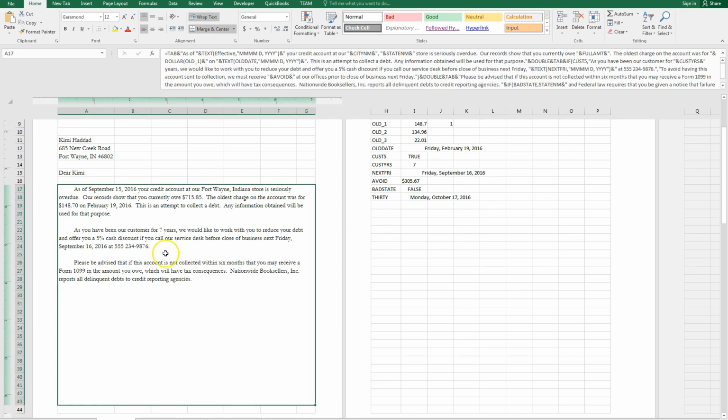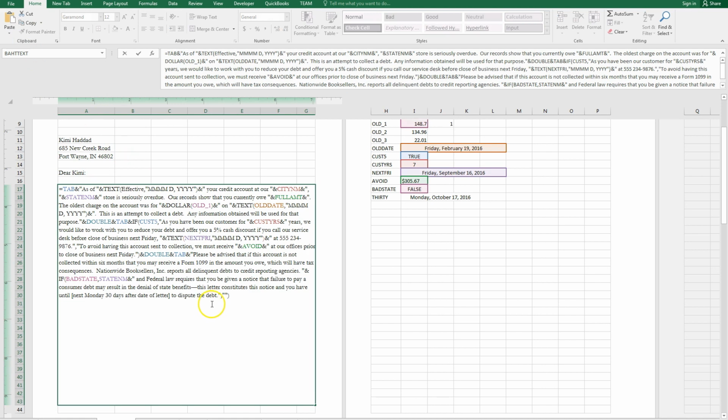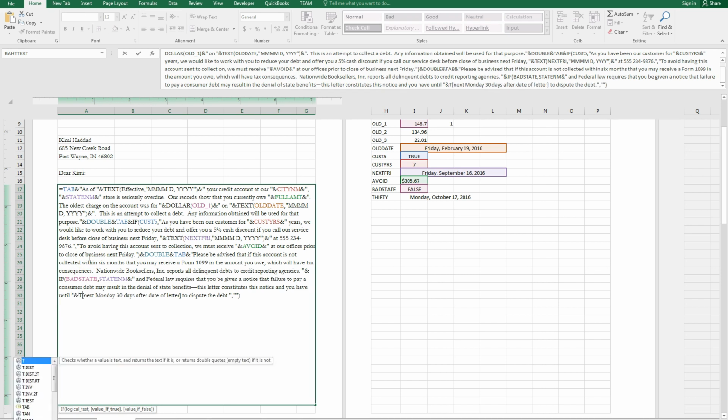Okay, so now we can go back into F2 and we can say until double quote and text 30, comma, and then double quote, to dispute the debt,